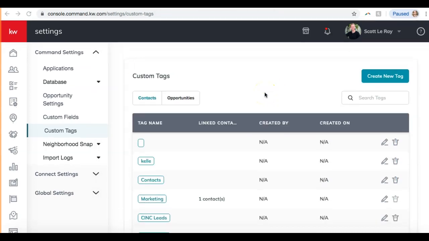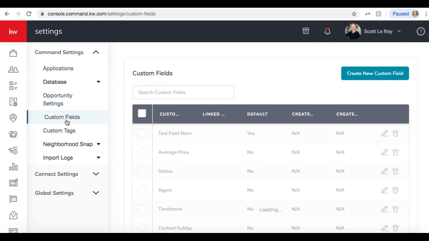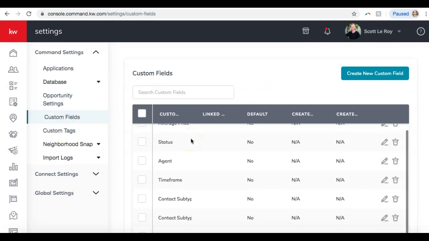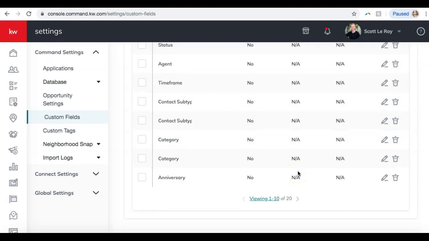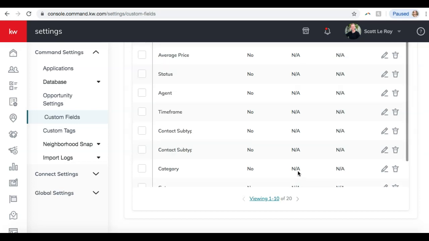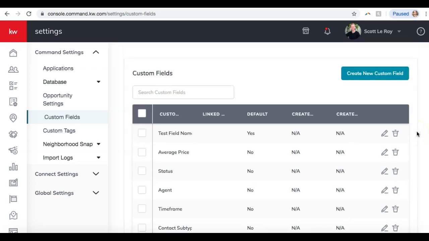So that's creating the tags. Same sort of thing with the custom fields. So over on the left, I'm going to click custom fields. And these are, like I said, custom questions, or information you might want to have on file for somebody. So if you wanted to create a new custom field, information you might want to store for a person,